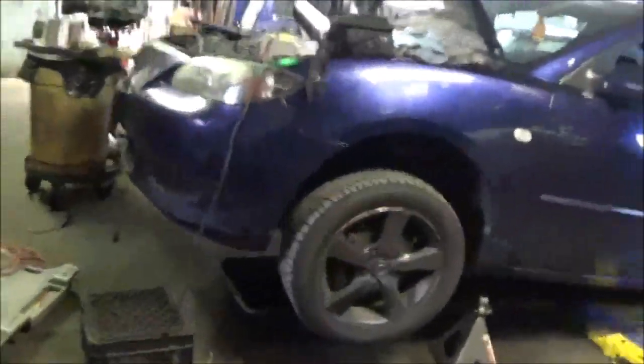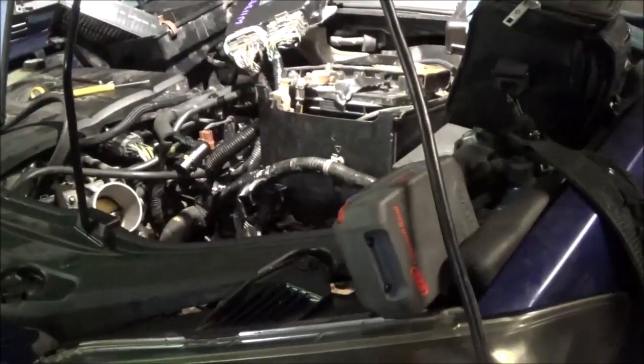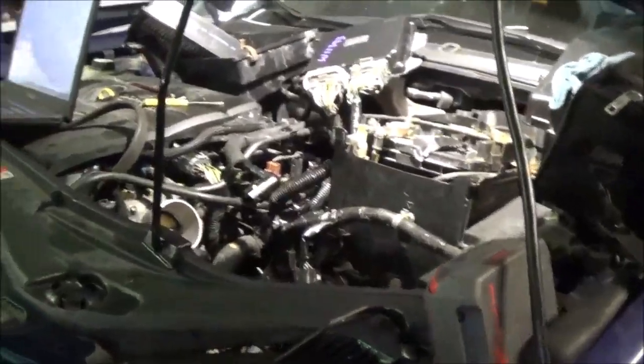Let's get back over to where the car is. Put a transmission in, and when you put it in reverse, a code will come up. P0753. Shift solenoid A electrical. If I clear the code